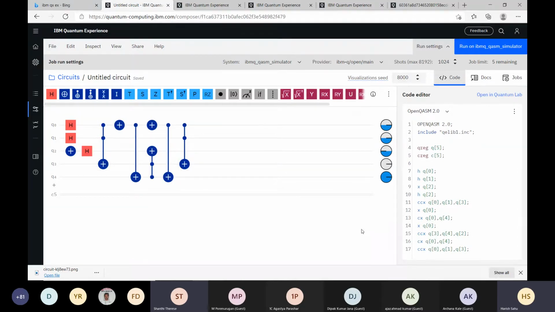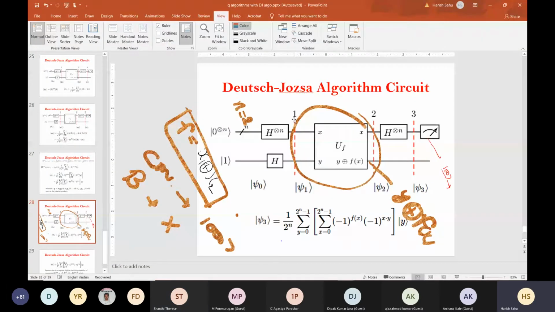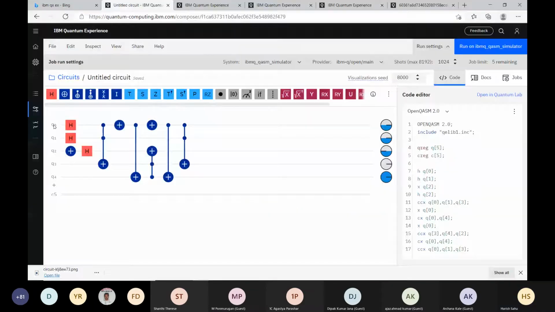So now we are done with the algorithm part. The data qubits were in their original state. On that Y we have this XOR, and the other extra qubits which we used are restored to their normal state. Then what is the next part? So Oracle is done. Next is to apply the Hadamard on the data qubits. Data qubits are our first 2 qubits. So Hadamard here, Hadamard here.